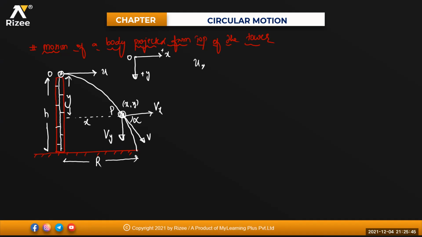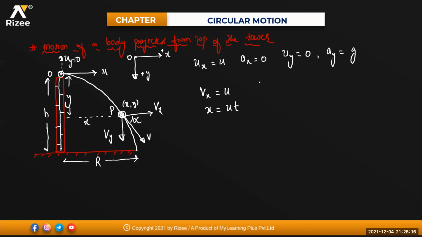So horizontal velocity ux is equal to u. Horizontal acceleration will be equal to 0. Vertical velocity here is 0 because there is no vertical component, so uy is 0. And acceleration along the y-axis is always downward, so it will be positive here because we are taking downward direction as positive, isn't it? So vx will be equal to how much? At some instant of time, vx will be equal to u. So horizontal distance will be equal to u into t, isn't it?